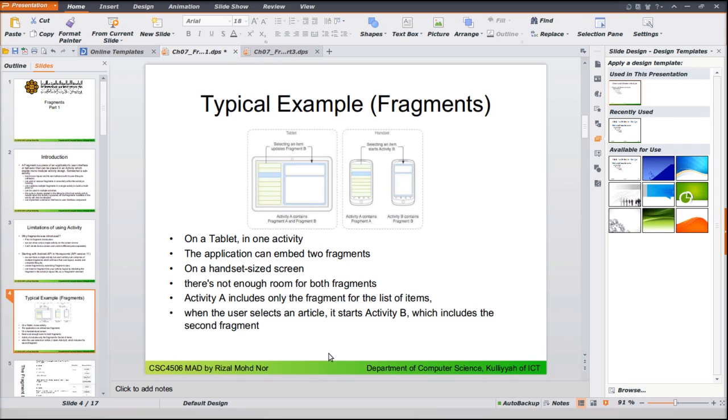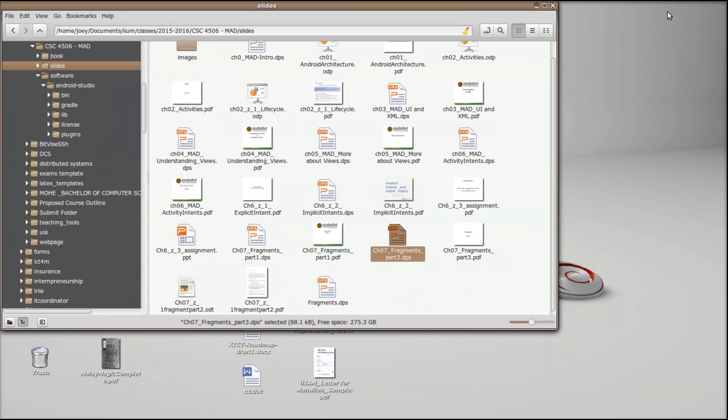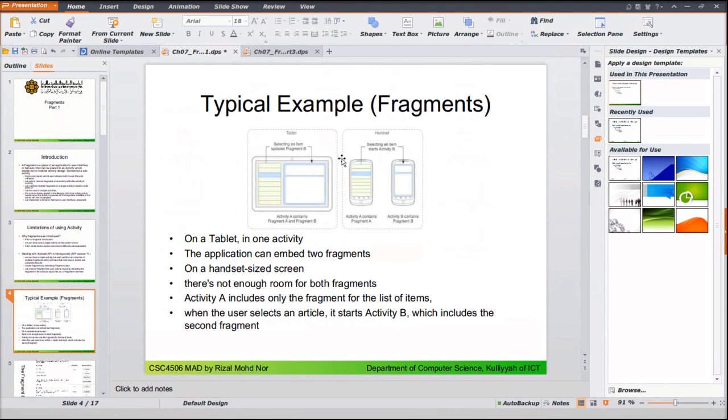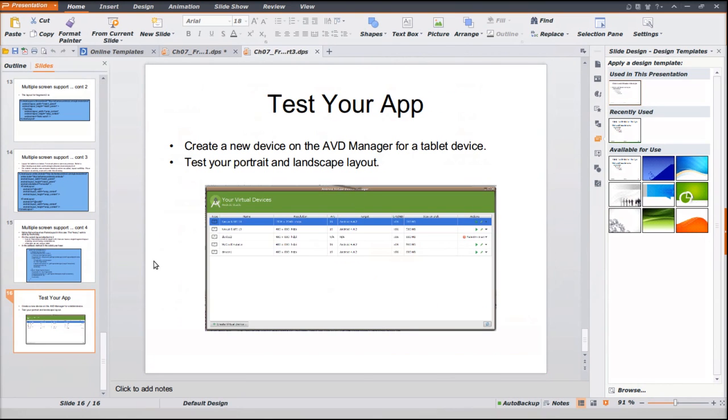Now, what we miss here particularly is a couple of things. What I want to cover first is handling fragment UI, particularly for events. Now, if we look at the tutorial in part 3,